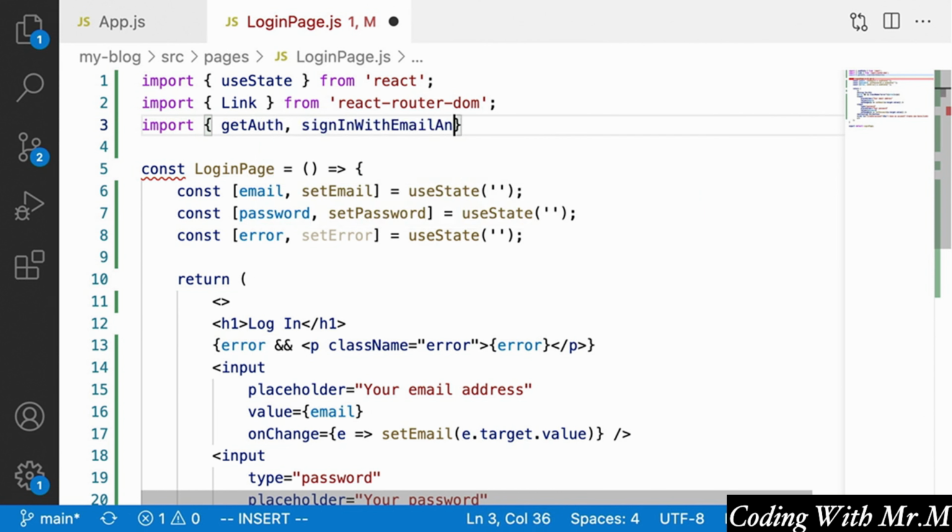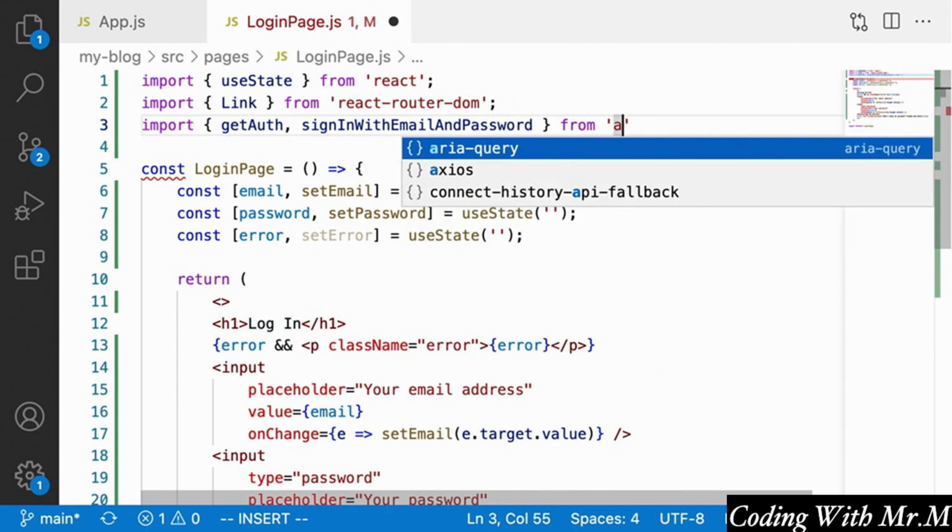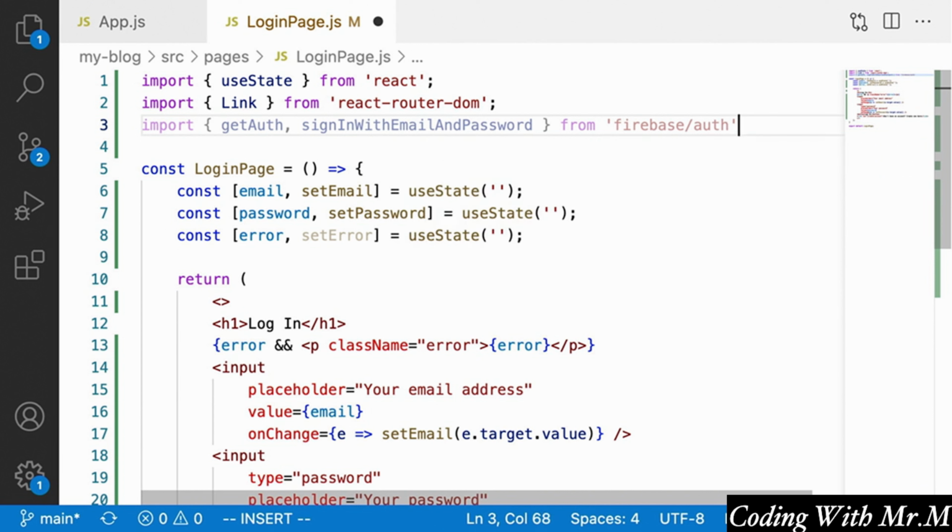Its name is pretty self-explanatory, I think. And these are going to be imported from the Firebase/Auth package. This is just the auth section of the Firebase package that we installed earlier. Cool. So now that we have those two things, what we're going to do is inside our login page component,